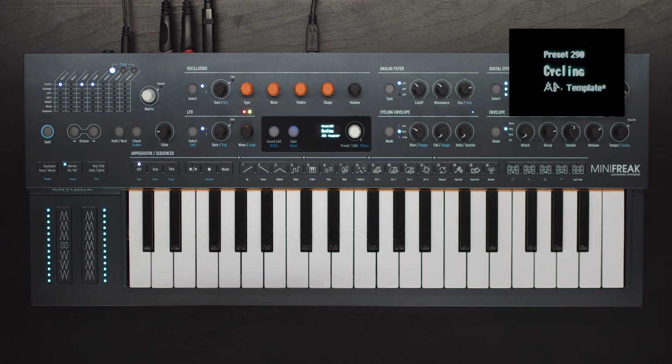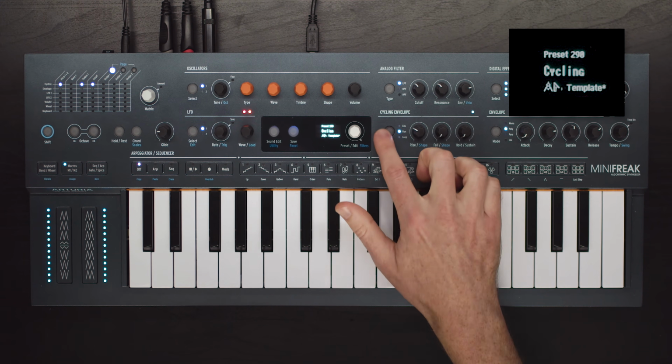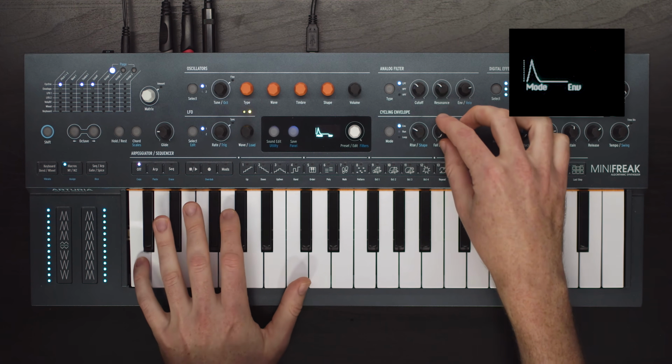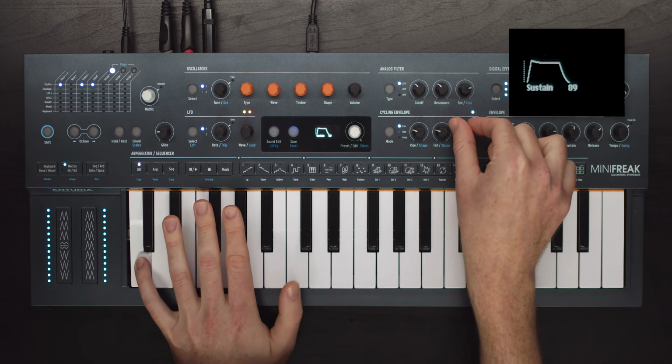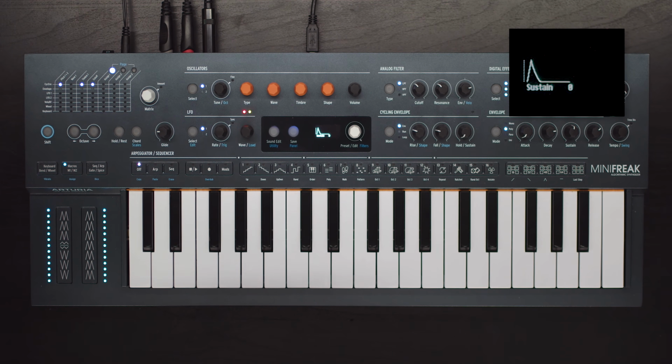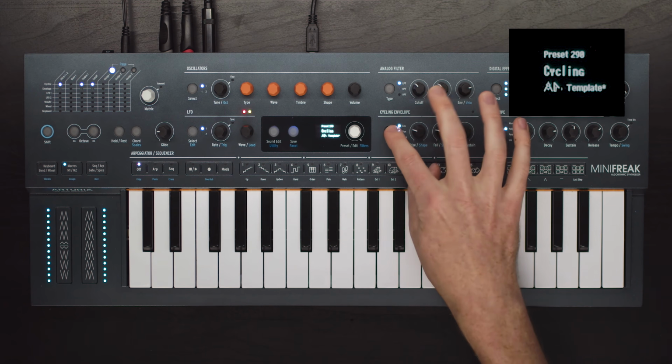Hold sustain is a sustain level when in envelope mode, or a hold time when in run or loop mode.